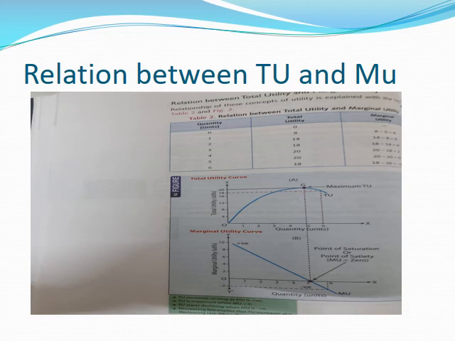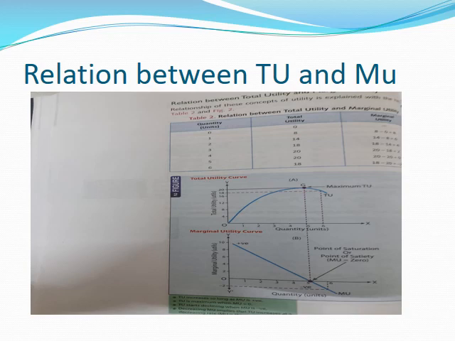So you draw the curve on the same pattern. At 1, marginal utility is 8. Mark the point at 8. At the second, mark the point at 6. Similarly, when we consume the fifth unit of a commodity, marginal utility becomes 0. That is, we don't get any satisfaction now. If we go on consuming further, then it becomes negative. So bring the point on the negative axis, join all the points, and you will get a curve. This is called the marginal utility curve.